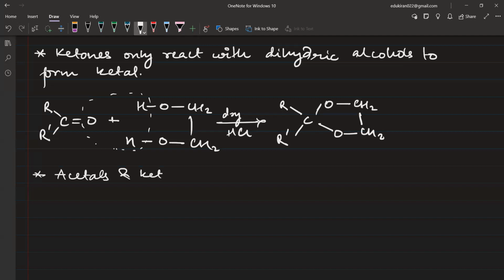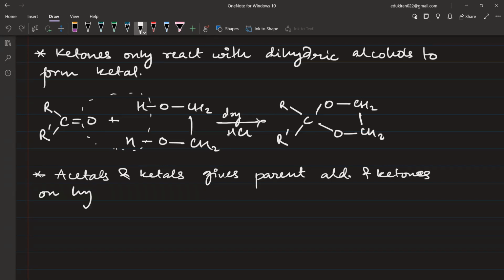Acetals and ketals. Now, when you have acetals and ketals, and if you hydrolyze them in mineral acid, that means in the presence of H+, you add water to them, then you will get the parent aldehyde and ketones. Okay, so acetals and ketals give parent aldehyde and ketones on hydrolysis with